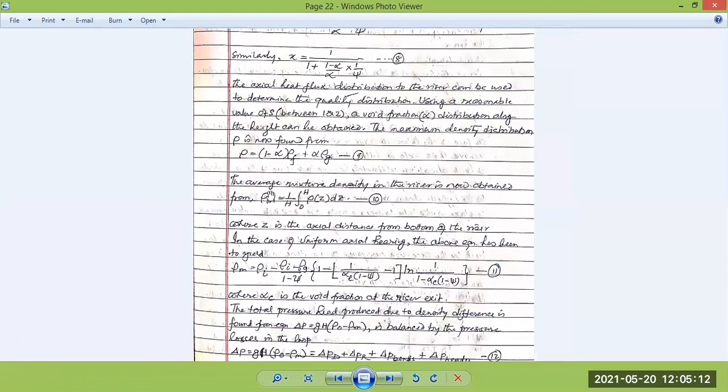Now the average mixture density in the riser is obtained from rho m equals 1 by h, integral from 0 to h of rho into z dz, where z is the axial distance from the bottom of the riser. In the case of uniform axial heating, the above equation reduces to rho m equal to rho f minus rho g divided by 1 minus psi, and putting all the values here,